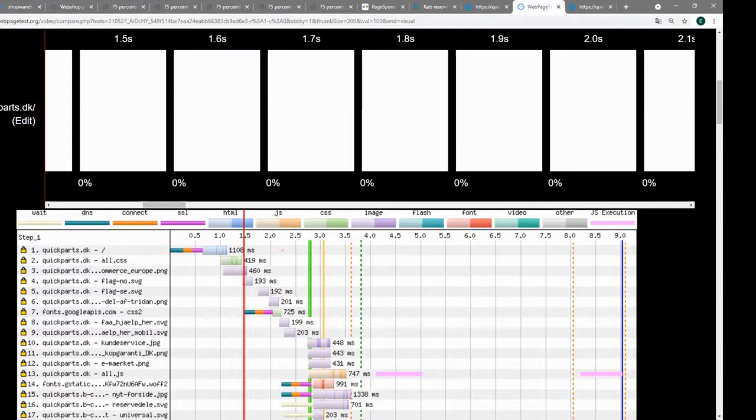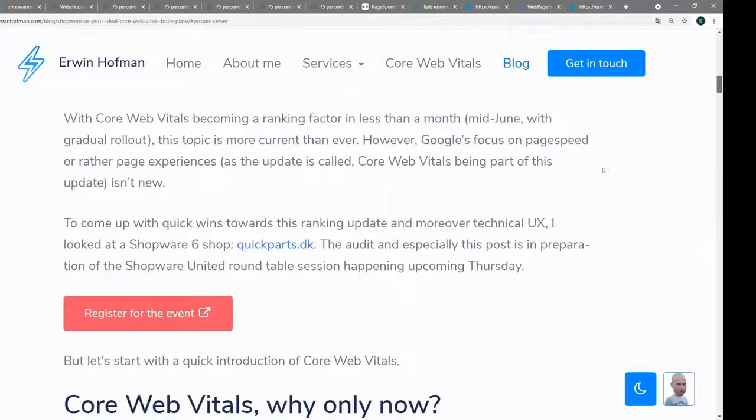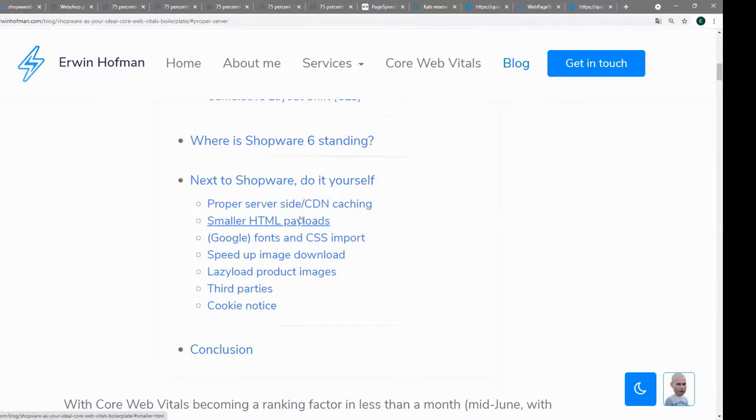That was already one of the takeaways. I've got them over here in my article as well, if anyone wants to read them. And also your HTML size does matter,